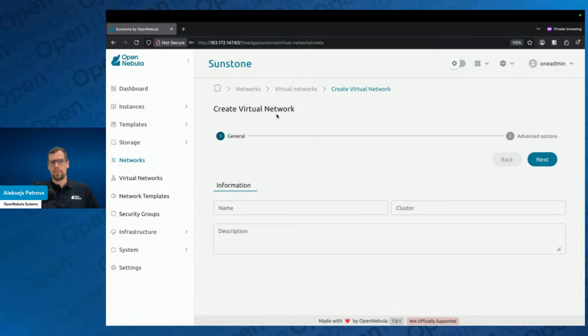Now we have our virtual network, but obviously we can create as many virtual networks as we need to. And the only thing that we need to do in the first place is to give it some kind of a name, and that would be, for example,